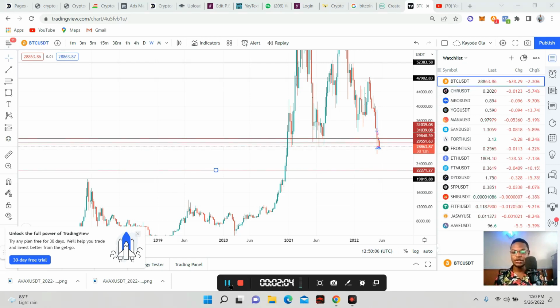So right now, as a swing trader, you need to take note of levels. I'm going to be buying at 19-21k. If I have a portfolio of $1,000, I'll just buy $600 and hold my remaining $400. Now let's assume the worst happened and BTC dumped to 14k, or 10k. Then I'll buy the remaining $400. But it's unlikely to get there. That is just the truth. But anything can happen in cryptocurrency. That is why you need to make use of risk management.